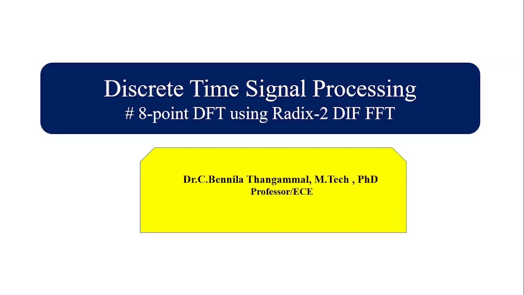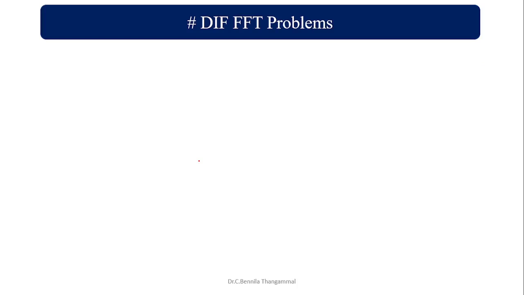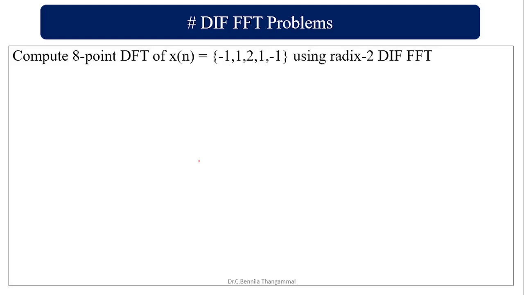Hi, today we are going to see 8-point DFT using radix-2 DIF FFT algorithm. Using our calculator, we can see how to find this DIF FFT. This is vanilla. Compute 8-point DFT of x of n equal to -1, 1, 2, 1, -1 using radix-2 DIF FFT